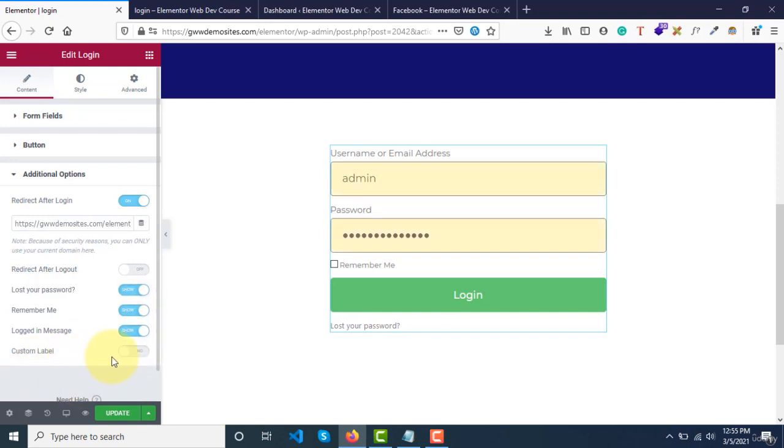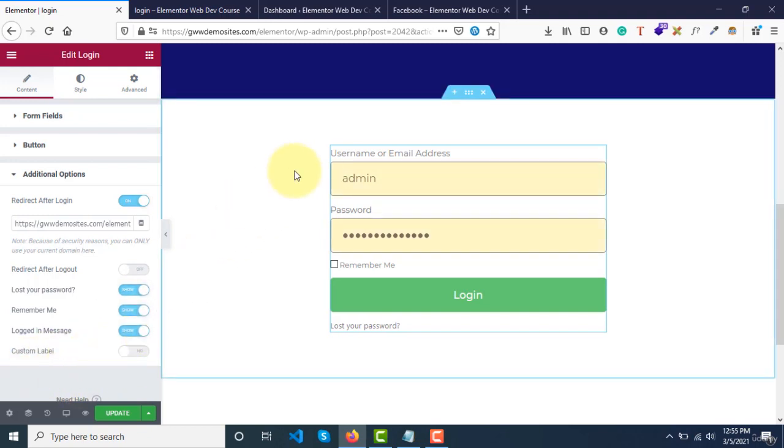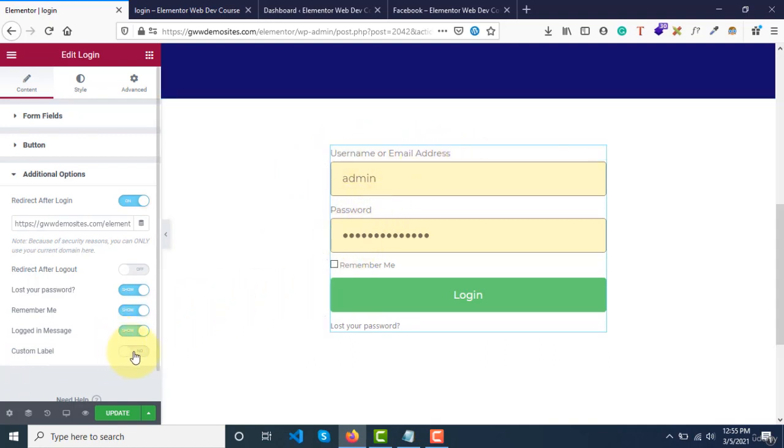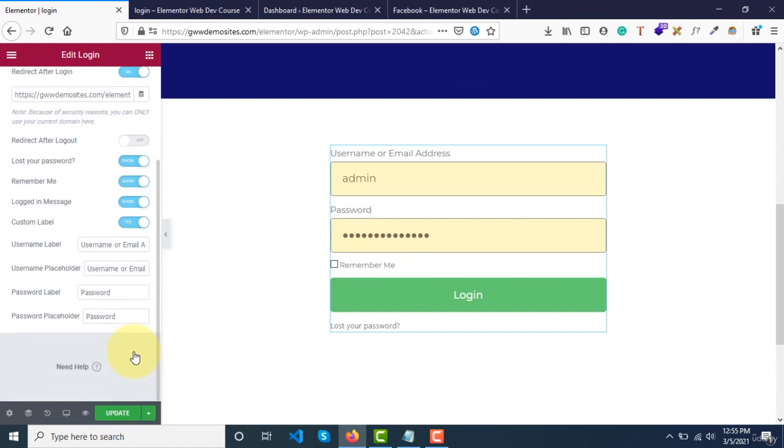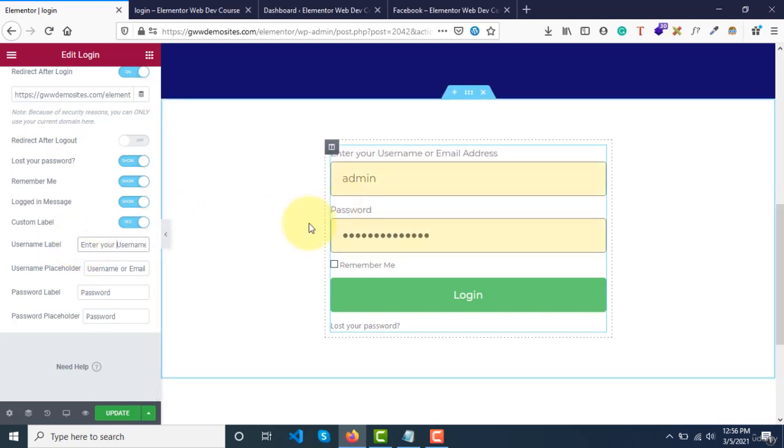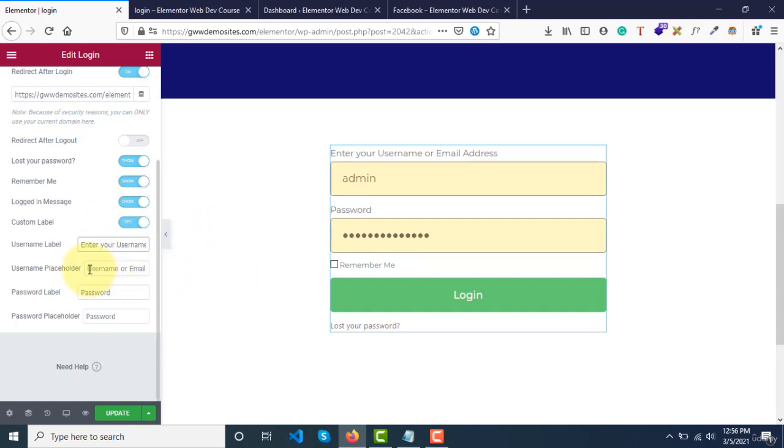And then custom label. What is custom label? Here we have username or email address, password, and all those things, right? If you don't want those default things, then you can simply enable this one and write whatever custom label you want. Enter your username, password, or like that. Enter your